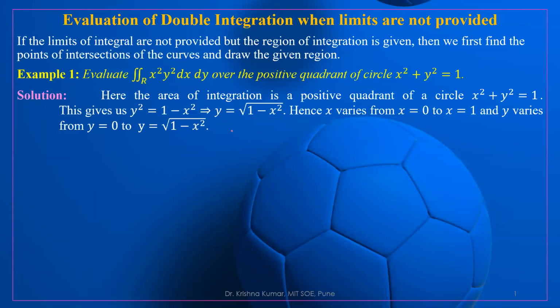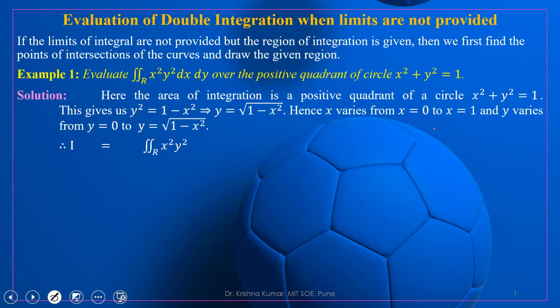If you want to find the limits, we have to first search for the area of integration. So what is the area of integration over here? The area of integration is only the first quadrant, this part. So clearly here, what is the minimum value of x? In this part, x equal to 0. The minimum value of y is equal to 0. And the maximum value of x is 1. And the maximum value of y is what? It is according to the circle. Definitely if x is equal to 0, then the value of y is equal to 1.